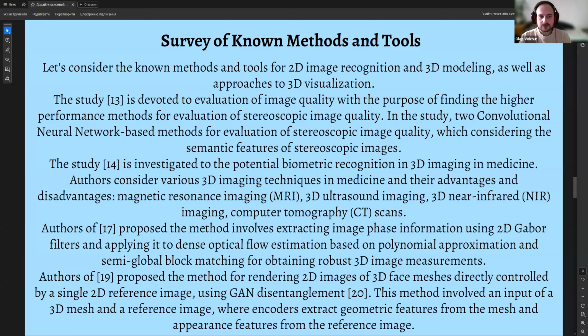Authors consider various 3D imaging techniques in medicine and their advantages and disadvantages: magnetic resonance imaging (MRI), 3D ultrasound imaging, 3D near infrared imaging, computer tomography scans. Next method is